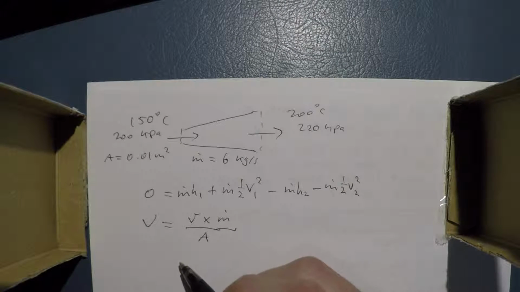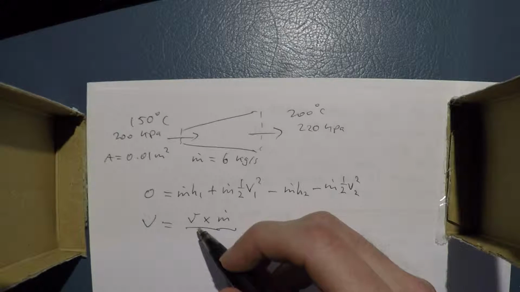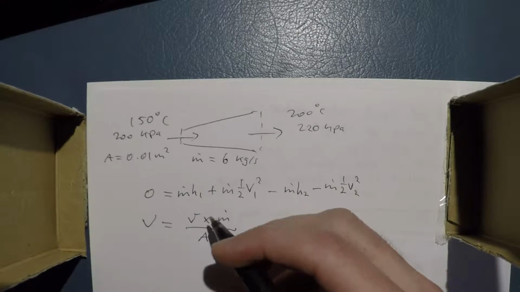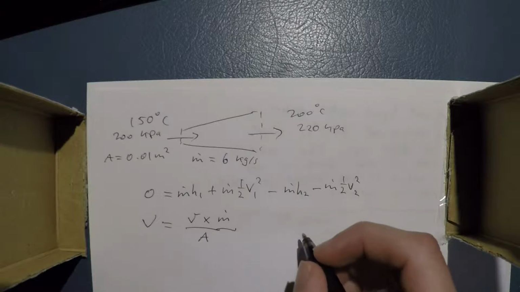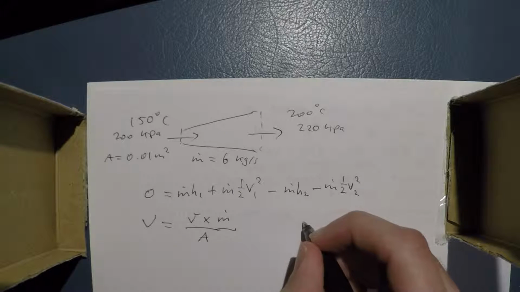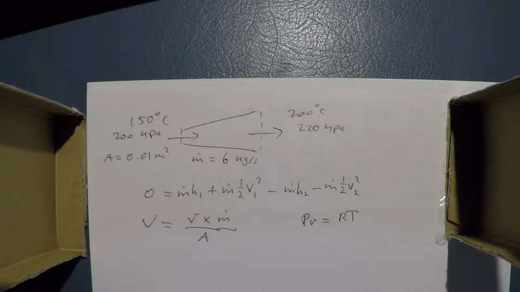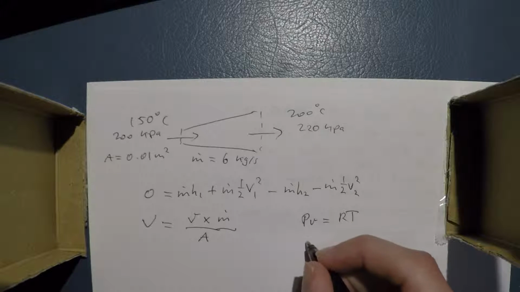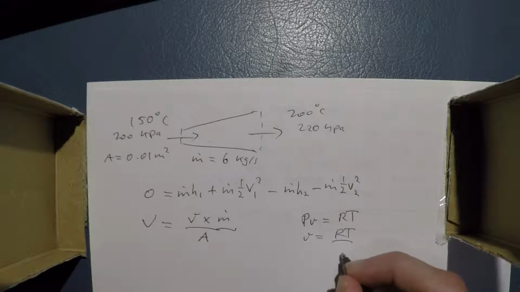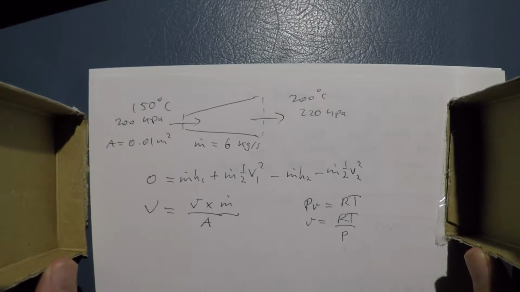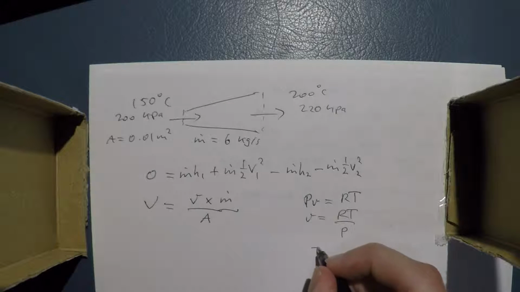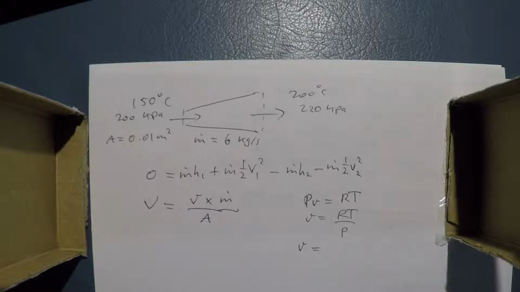Because the substance is argon, we can't use our data tables. We have to assume that this is an ideal gas. So we can use the formula PV equals RT to find the specific volume. We can rearrange, so RT over P. We still have to use the data tables for this bit, to look up our R value for argon. I'm just looking it up now. It's